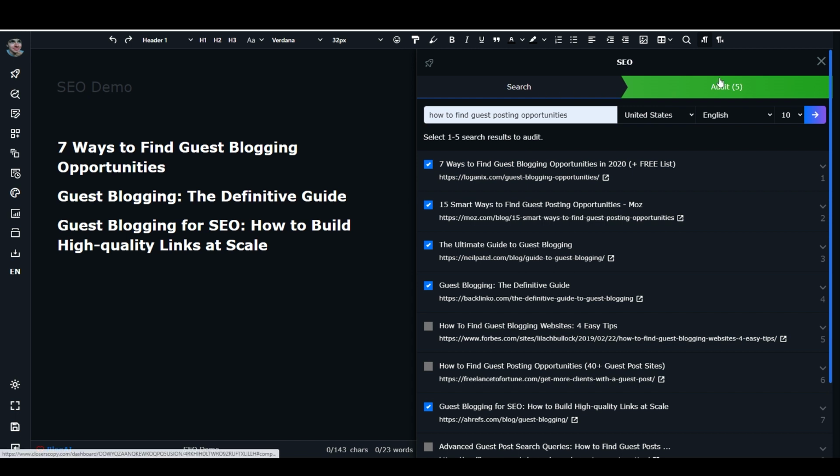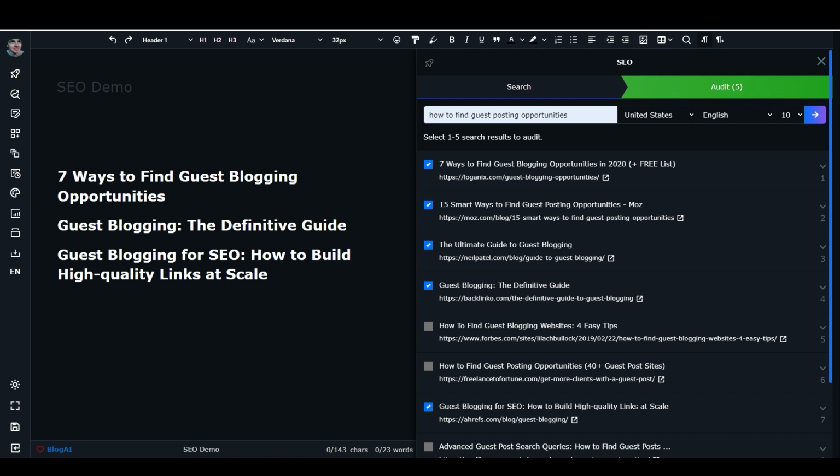So I'm going to go back to Audit here. Basically what I'm seeing from this is that I want to start my title. I'm just going to put these down here and come back up. So we have 7 ways and 15 ways, so I think I'm going to do maybe 9 ways for mine. I can always change that later if I don't have that many or if I have more, but I'm just going to start with that idea. 9 ways to find